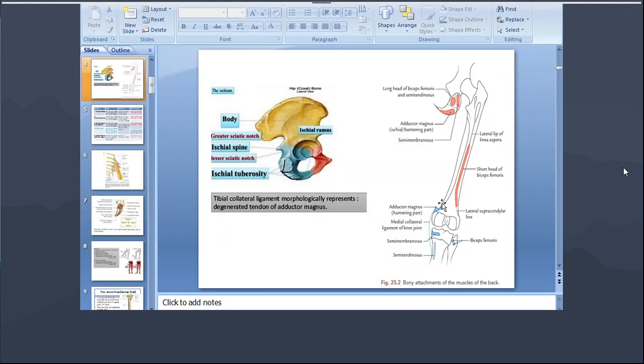So now you can see here is the main diagram. See here, this is the adductor tubercle of the femur. So here is the insertion of the hamstring part of adductor magnus, or ischial head of adductor magnus. Then you can see the posterior groove on the medial condyle of tibia. So here you can see the insertion of semimembranosus. Then in front of the styloid process you can see the insertion of biceps femoris. And this is the medial surface of the upper part of the tibia. So there is the insertion of semitendinosus. So four insertions on different areas of the tibia and fibula.